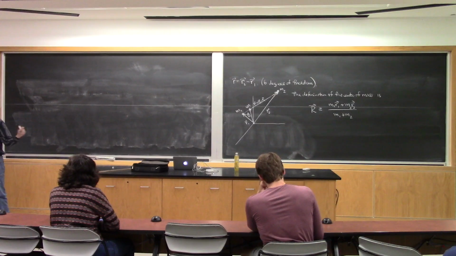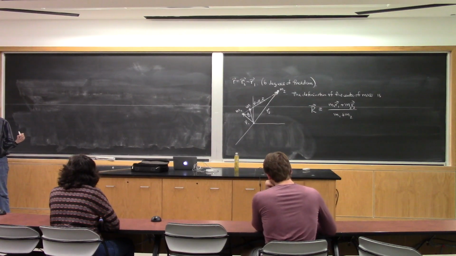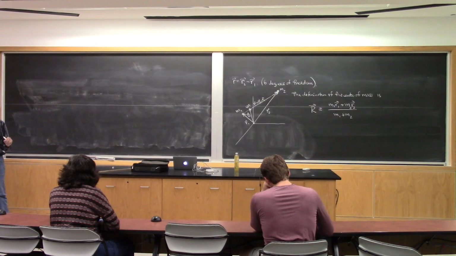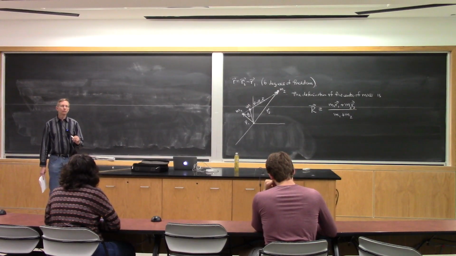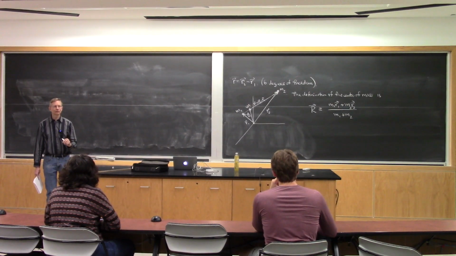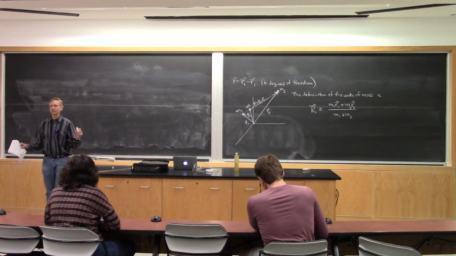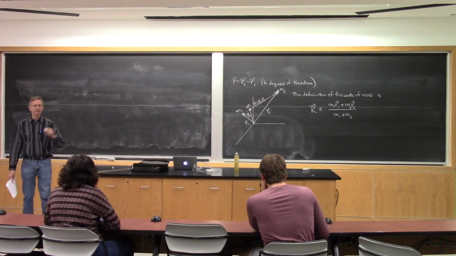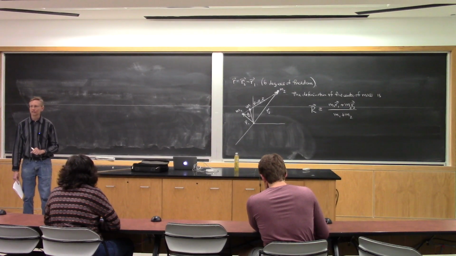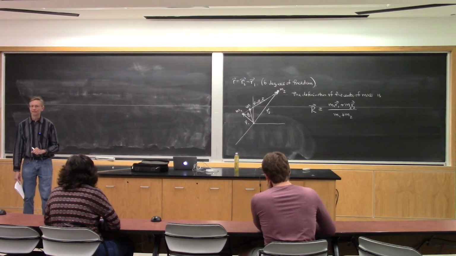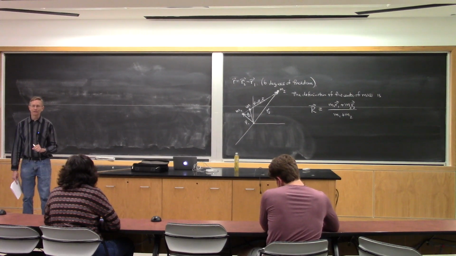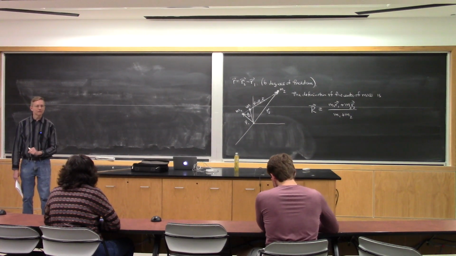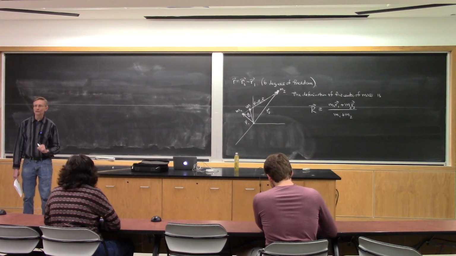So if there's no net external force applied to the system, then the center of mass moves like a particle whose mass is the mass of the system and moves under the influence of no force whatsoever. Meaning that if it's a closed system, nothing else is interacting with it, how does the center of mass of the system move? It moves like a particle whose mass is the total mass of the system and for which there's no force on it. If a particle has no force on it, how does it move?